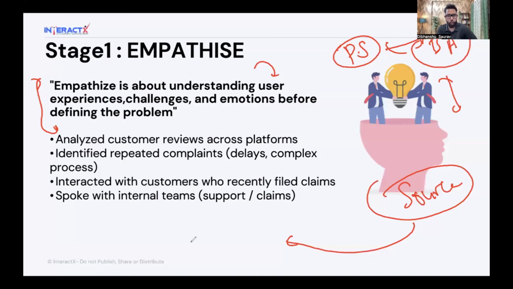However, your job as a BA is to identify what went wrong, why this referral model was not successful. So for you to empathize, when you say understanding user experience, challenges and emotion, it's important that you go back to the source and try to understand this. That is where you can observe and analyze customer reviews across platforms and identify repeated complaints. However, one of the most effective ways for you as a BA to do stage 1,